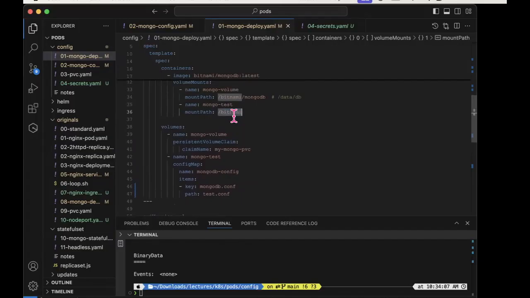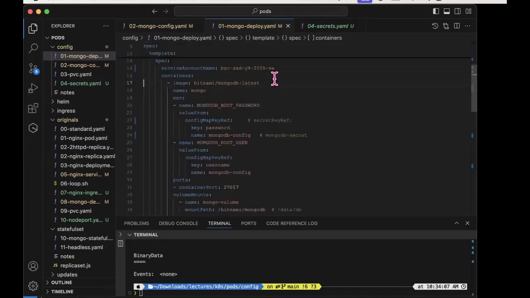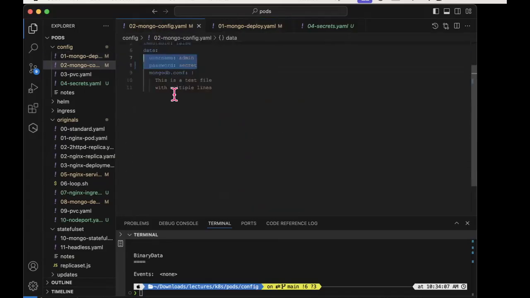And the contents of that test.config will be this data here. Okay,